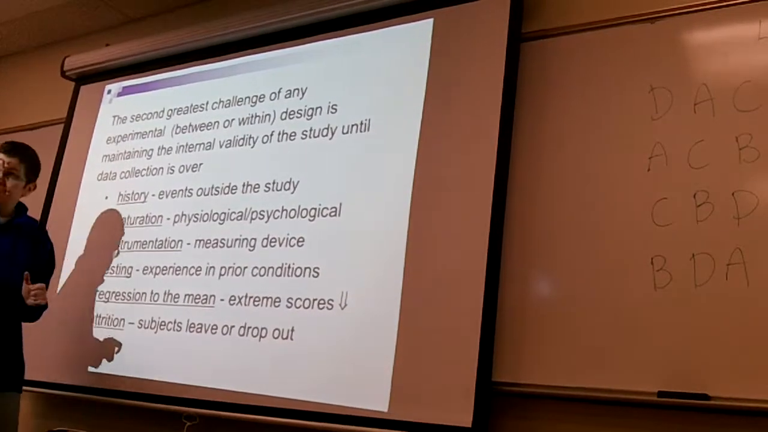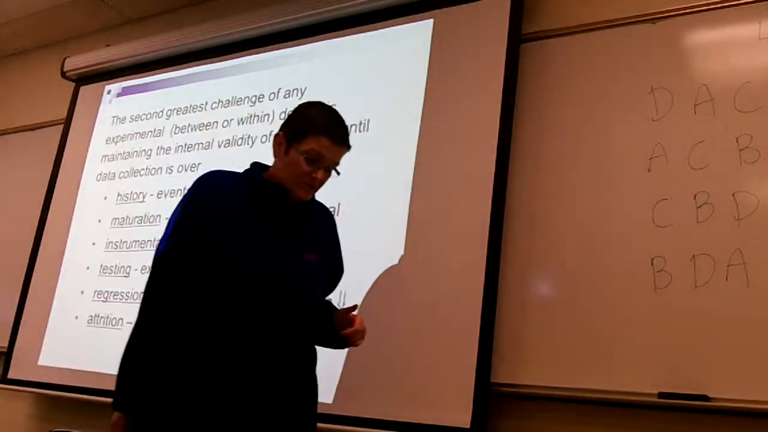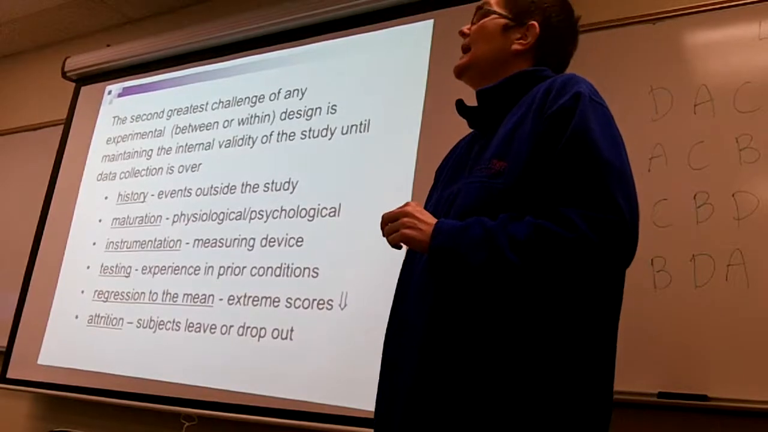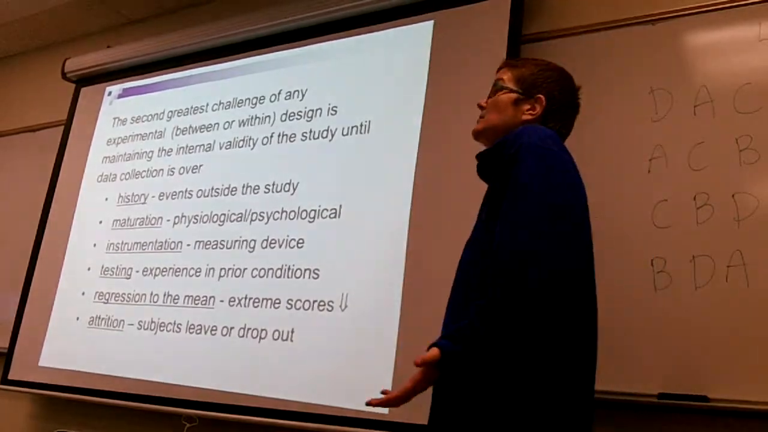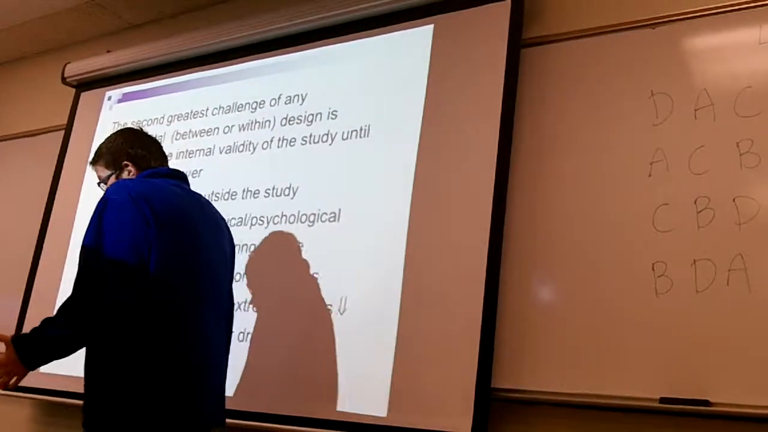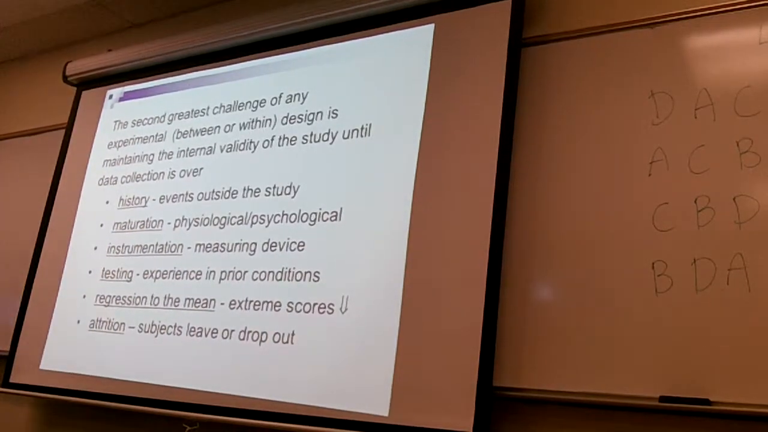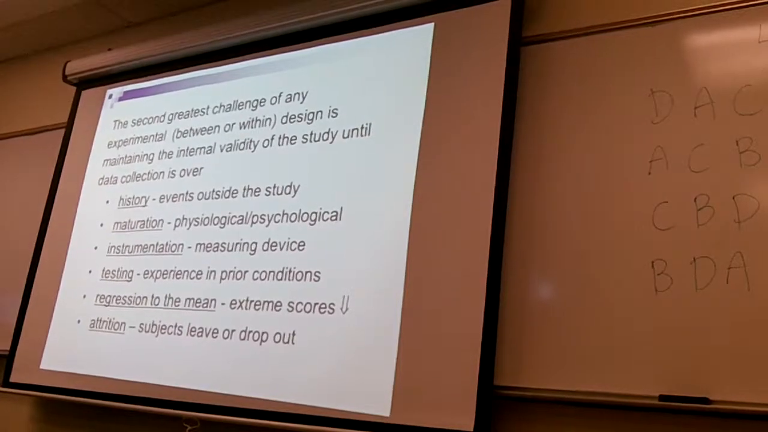And then there's attrition. Attrition has to do with subjects dropping out. And that's a big deal because if you try really hard at the beginning of your study to create groups that are similar enough to compare, you're trying and trying and trying to create groups that are similar enough to compare,